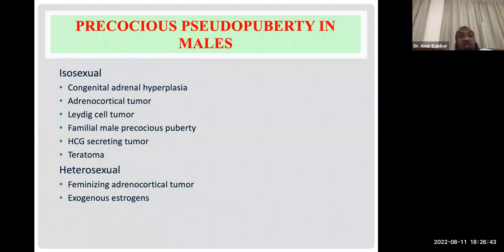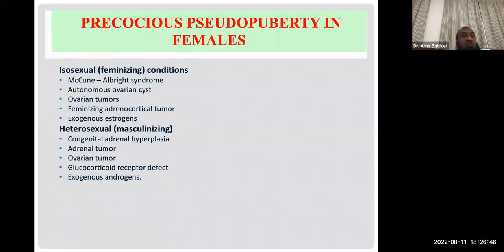نرجع الآن لديل اللي هو ده تقسيم isosexual ولا heterosexual. يعني لو حصلت في female والتيومر ده أو whatever the cause is causing more advanced puberty in a feminizing way like ovarian tumor, Pachyonal, exogenous estrogen ده كله so called isosexual or feminizing. لو حصل masculinization opposite gender معناه ممكن يكون ده congenital adrenal hyperplasia, adrenal tumor or ovarian tumor secreting boy hormones. تمام. يعني in general الهيتيروسexual في الغالب بتكون جايه من وين؟ من الادرينال. والايسوسexual جايه من وين؟ من السكس اورجان. The same in boys. Isosexual كويس.